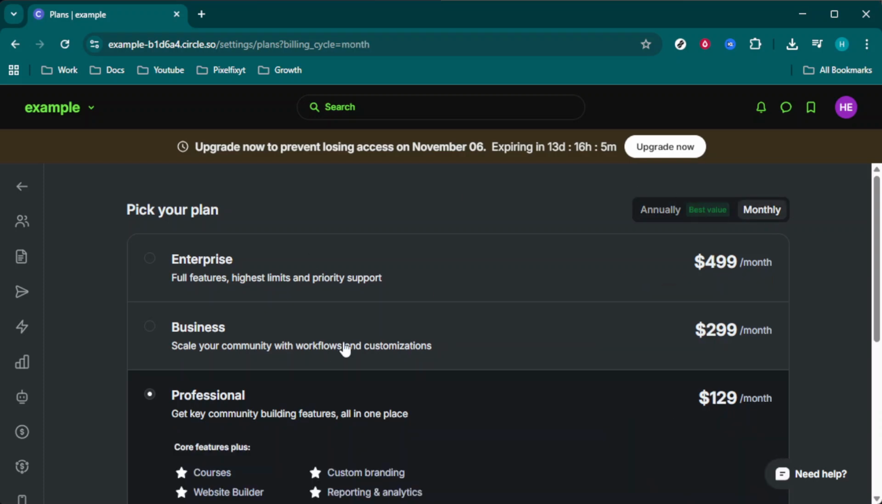To handle payments, click Set up Payment and delve into Payments under Settings. Create a plan by entering the plan